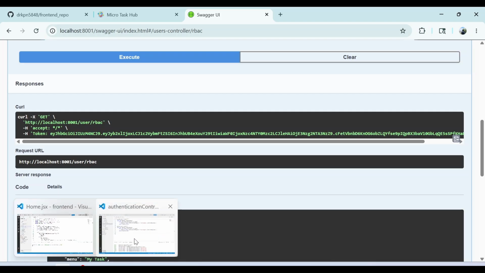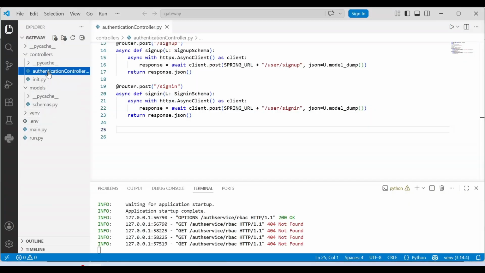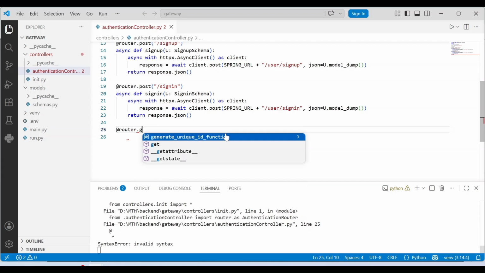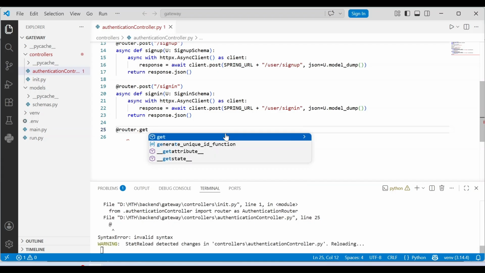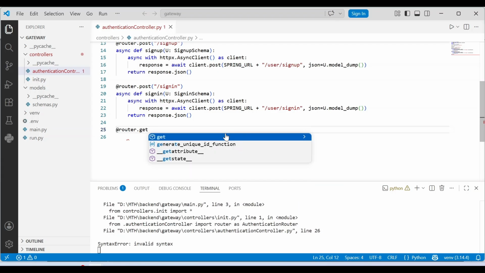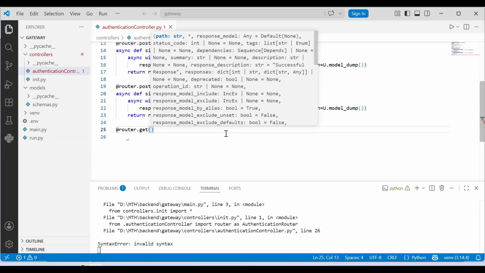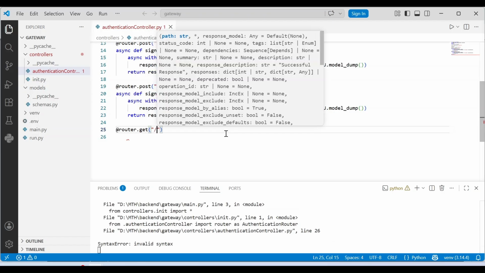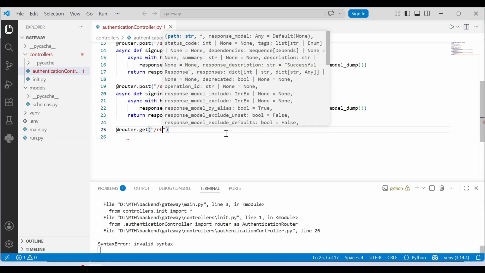Next, integrate Python FastAPI with the Spring Boot. So open the project gateway and open the file authentication controller. Create a new endpoint by using @router.get. So in core services, the endpoint for role-based access is created using @GetMapping. So use get instead of post. So get, and set the name of the endpoint as RBAC